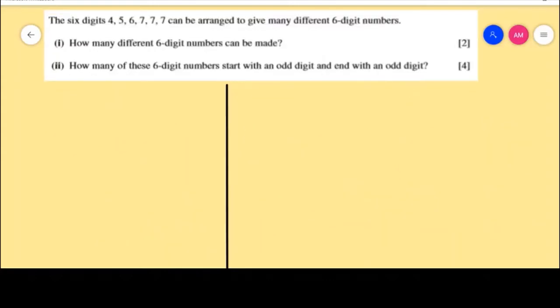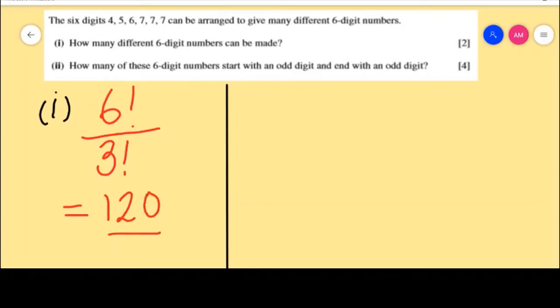Right, my next question there is, I've got the 6 digits 4, 5, 6, 7, 7, 7 can be arranged to give many different 6-digit numbers. Right, so I'm going to go part 1. So for part 1, how many different 6-digit numbers can be made? So there are no restrictions here. 6 factorial. Right, now the 7s repeat, so over 3 factorial, and I see on my calculator here I get